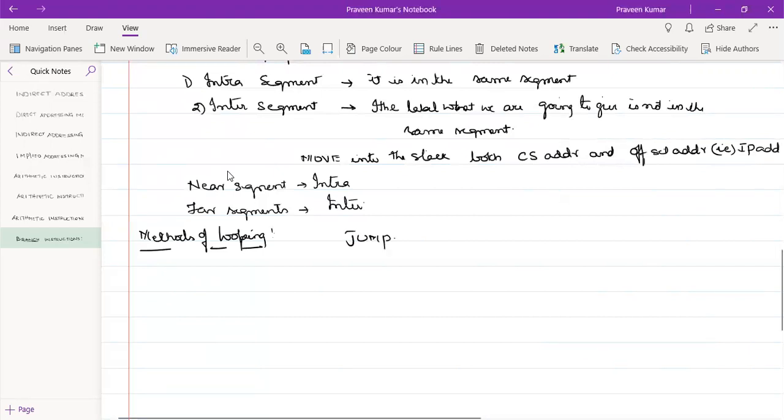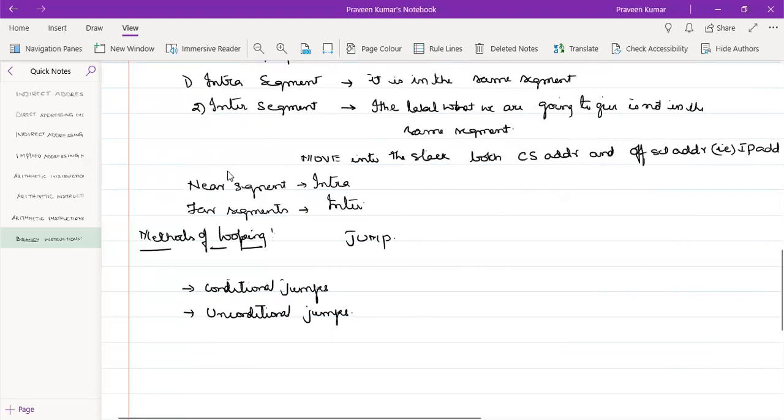So there are two jumps. They are conditional jumps. The second one is unconditional jumps.